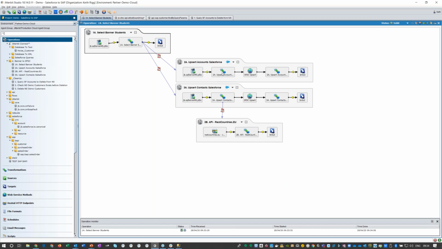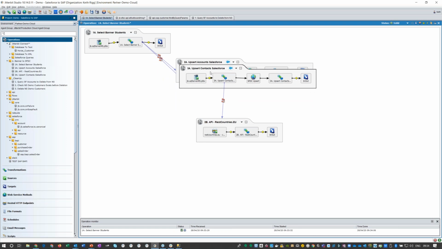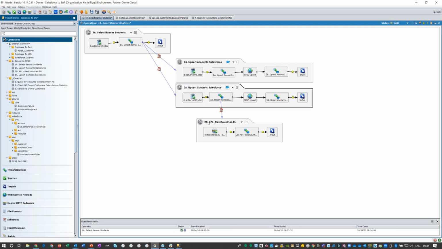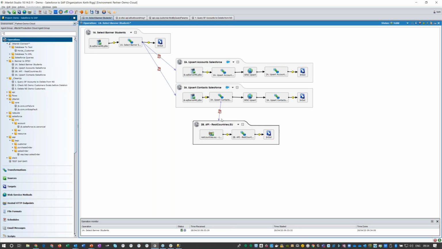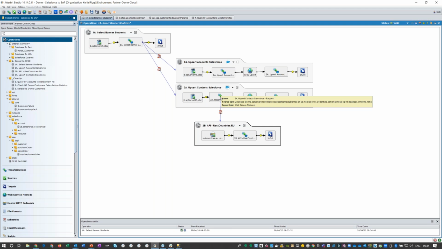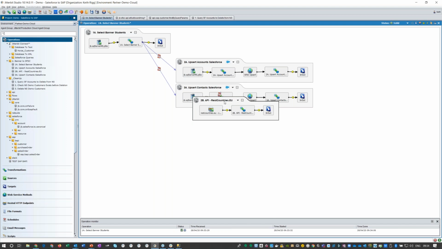So in terms of the mechanics, this is the request structure going in, loading the SQL data into Salesforce. The response from Salesforce would be the GUID, the globally unique ID of the newly created account. We capture that in a global variable and pass it into the request structure of the contact so that we can associate the contact to the account in a parent-child relationship. And then you can see here we have an API call linked into the request. So what we're doing here is using an external RESTful service to enrich in flight the request of the contact. This is enriching that contact request upsert structure.